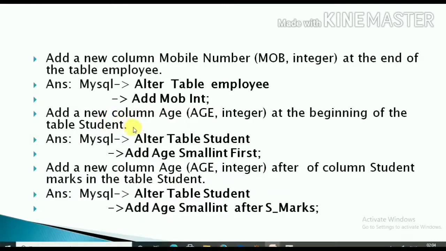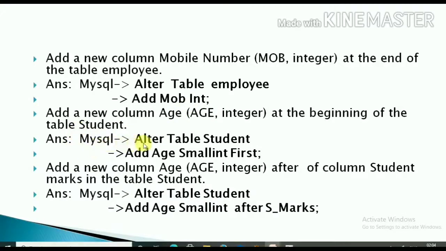Add a new column age, data type integer, at the beginning of the table student. In the last example we saw how to add a column at the end of the table. Now we will see how to add a column at the beginning of the table.